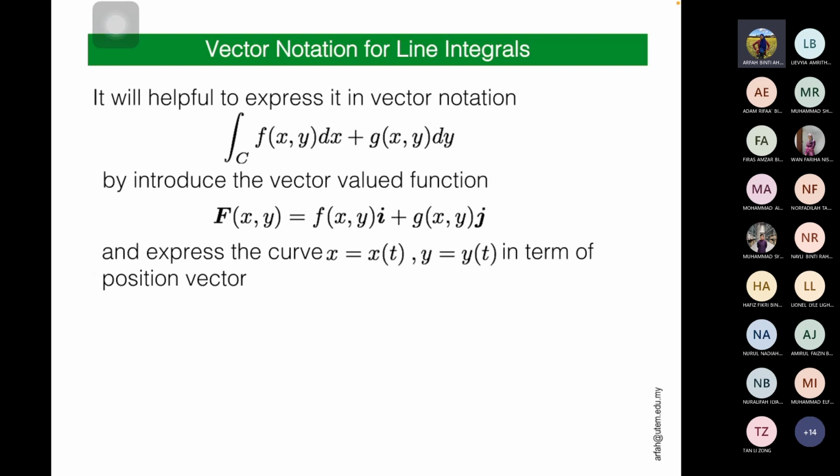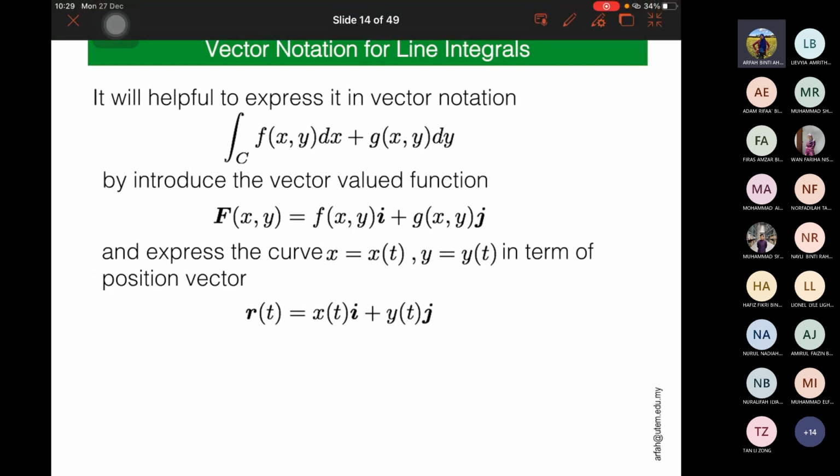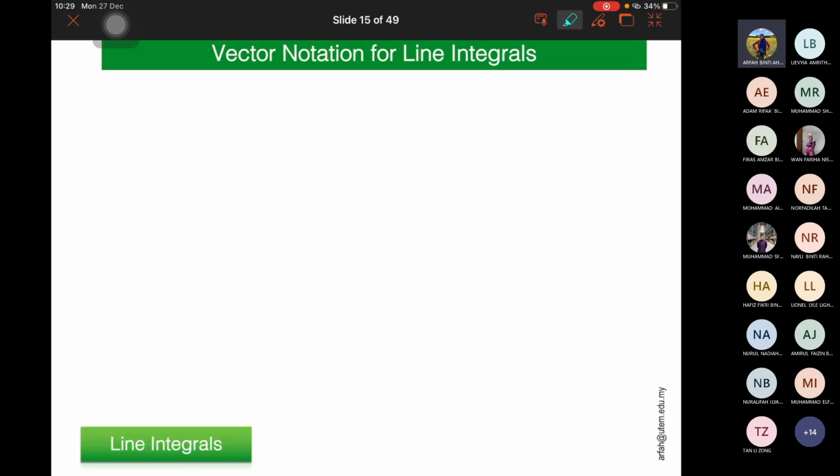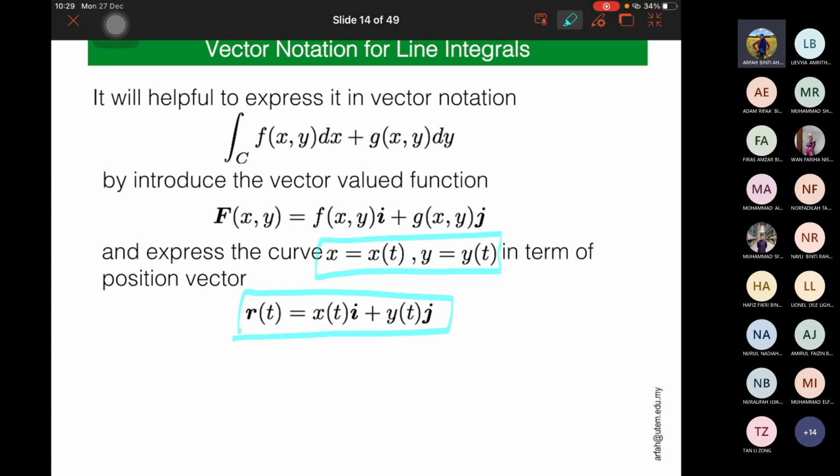And we will express the curve x equal to x(t) and y equal to y(t) in terms of the position vector. That is, from x(t) and y(t) we will get the position vector r(t) equal to x(t)i plus y(t)j. Okay. So from here,